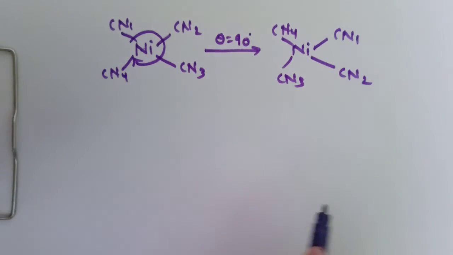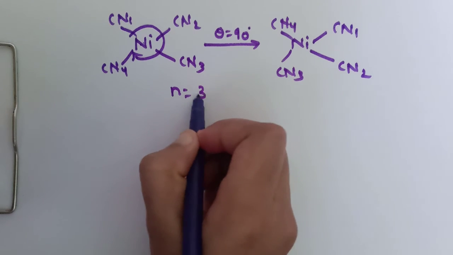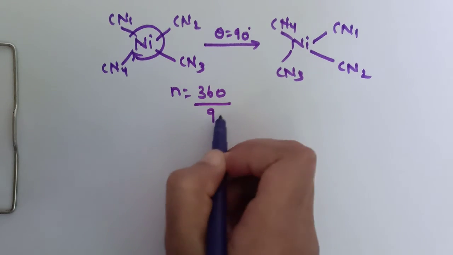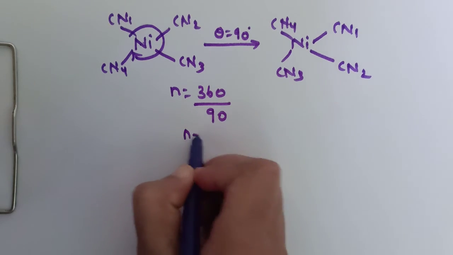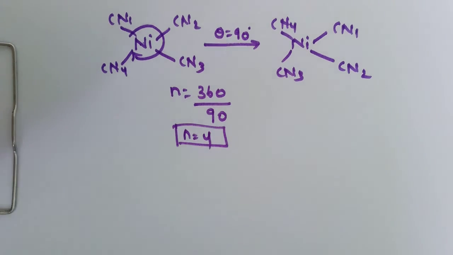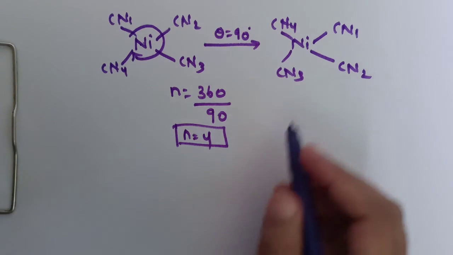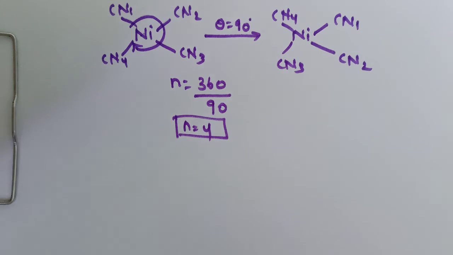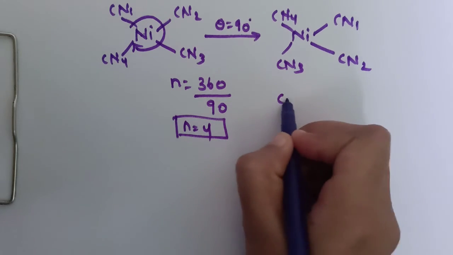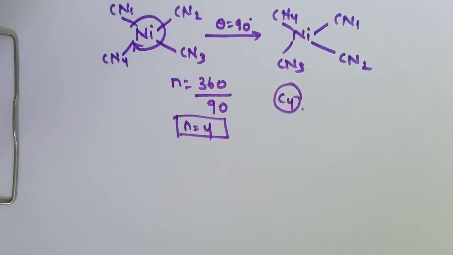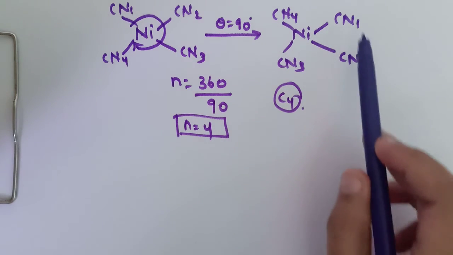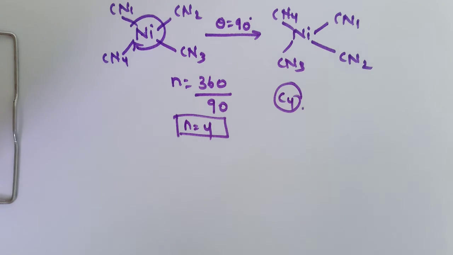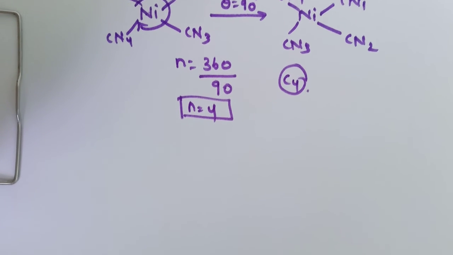It is the structure. We know the formula, that is n is equals to 360 by 90. That is, we will get n is equals to 4. That means after C4 operations, we will get the original configuration of this NiCN4 again. It is also the same for the PtCl4 2 minus. Now n is equals to 4, that is C4 axis of symmetry. By seeing, we can say that there are 4 atoms changing their positions, so it is C4 like this. Now let's see the secondary axis of symmetry for this.